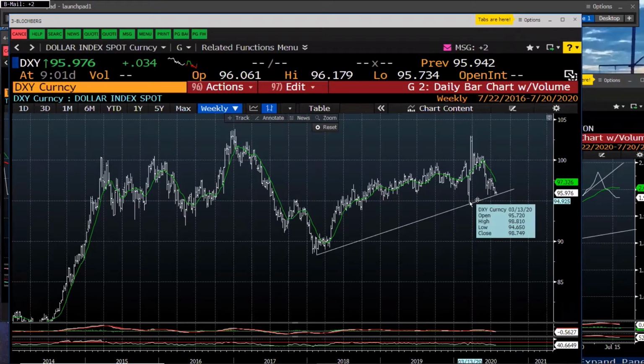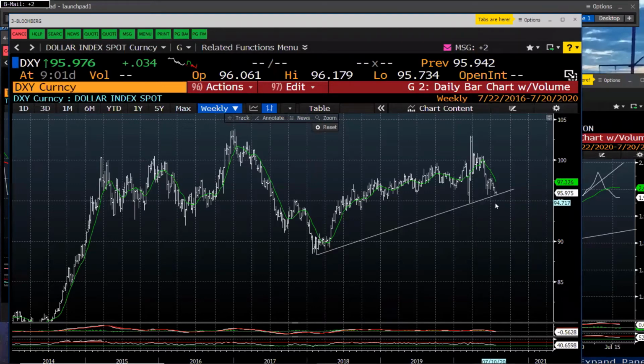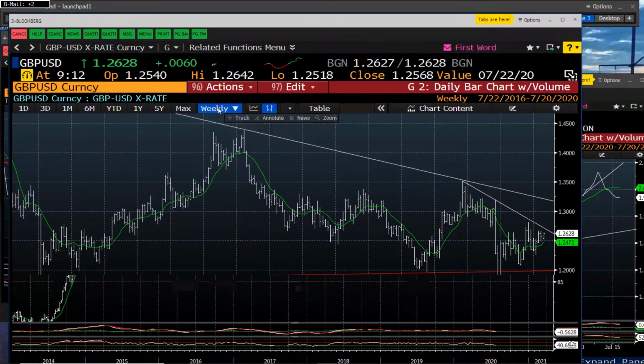And so I view this as being important. I'm not sure that we get down under March lows right away in the Dixie. If the dollar gets down a little bit lower in the next few weeks, that could be a chance where we start to stall out a little bit. But I look at the charts of pound sterling, for example, today as actually being pretty bullish. The Euro's chart to me still looks